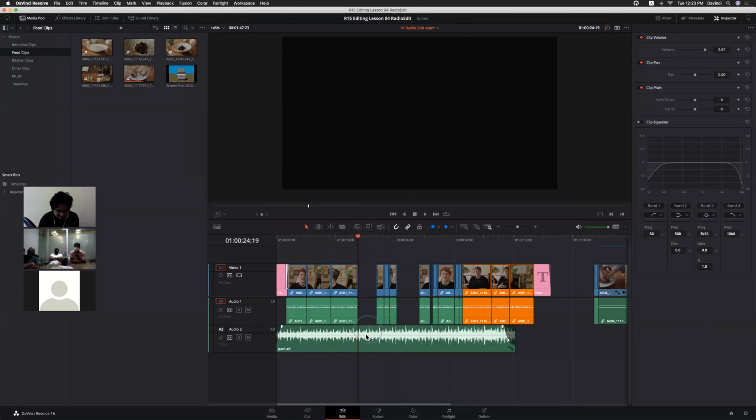And here, by holding the Option key, we can add keyframes. Sorry, hold Option key. I'm unable to, let me just reset everything. Hold Option, just click it. We are able to add keyframes, same as in FCP7, or even Premiere. We can adjust that particular portion by adding keyframes, right?